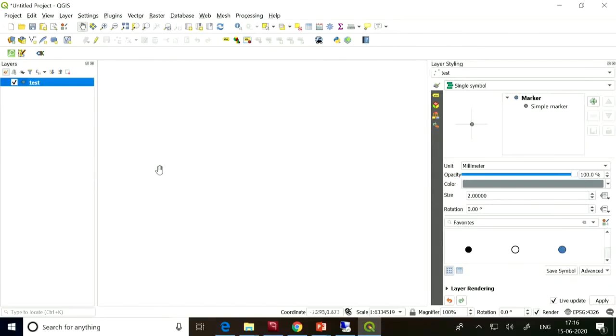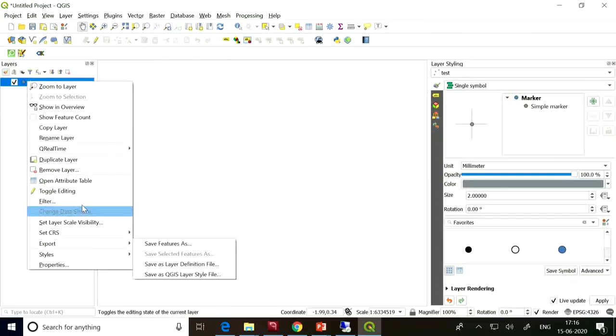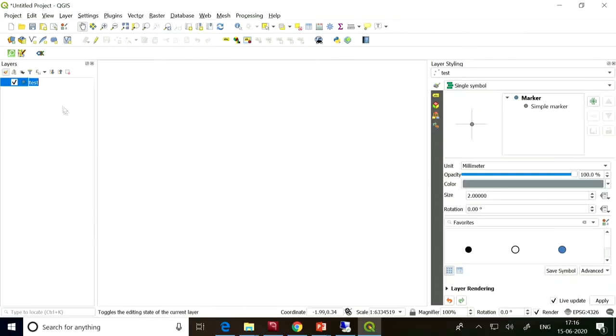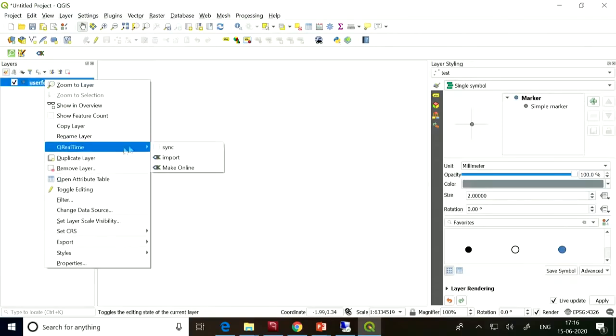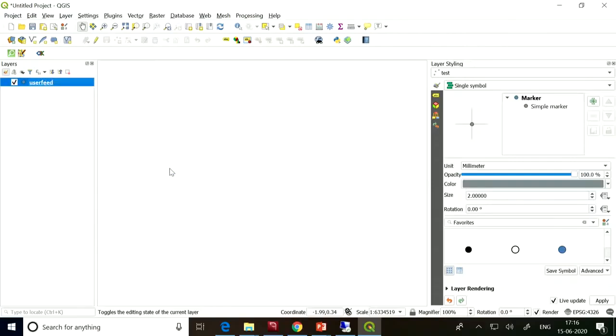So I should change the layer name so that our form has some meaningful name. So I will say user feed. So for user feed, I will right click and say make online. Whatever is the name of the layer, the same will be the name of the form which will be seen by the user.